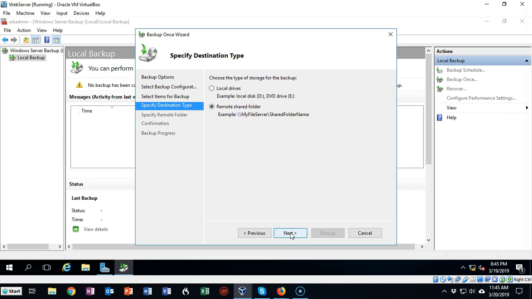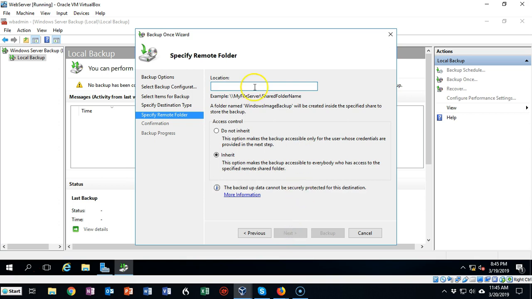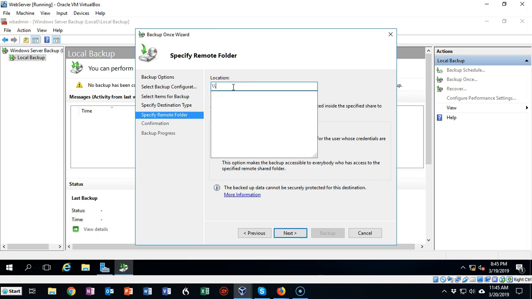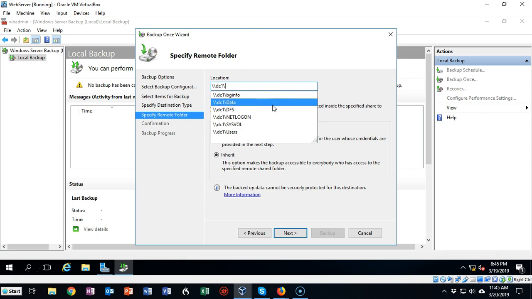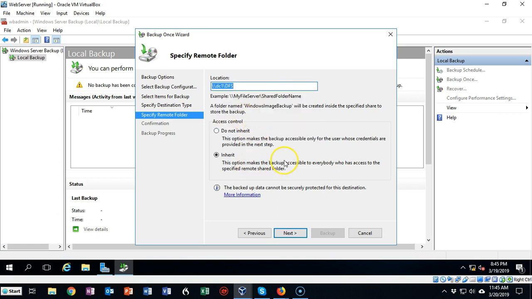So I'm going to go ahead and say Next, and I'm going to use our DFS backup that we created earlier. So I'm going to type in //DC1, then I'm going to type in / again, and we get all the different options that are available on my DC1. Now your server has to be up for this to work. So I'm going to save this over to my DFS share,